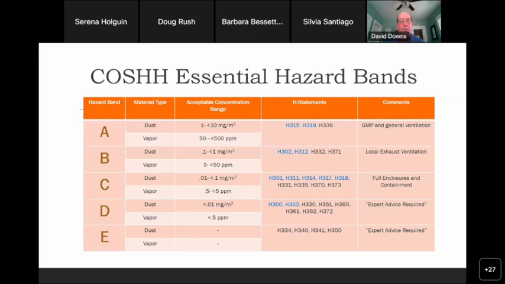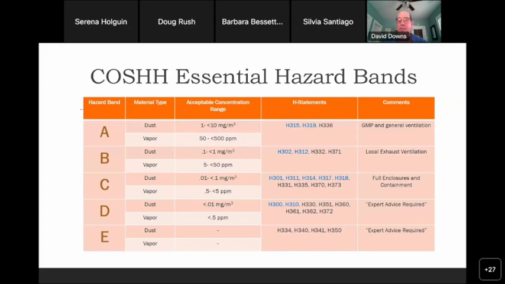Now, what they did was, if you had hazard statements, for example, 300, 310, 330, and those are all different reflections of the hazard of material, higher hazard, they sort of backed out of the process at that point and said, okay, if you're handling those kind of materials, it's in a hazard band D or perhaps a hazard band E. Some of these hazard statements reflect carcinogenic types of health effects, sensitization, and so forth. Those they said, we're really not going to be able to help you there.